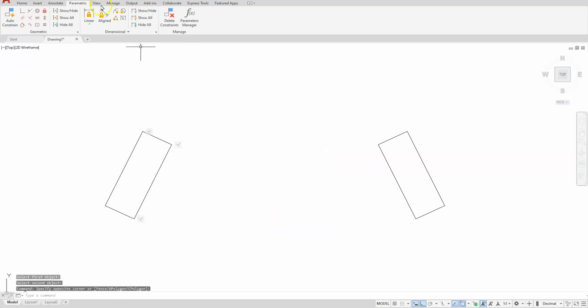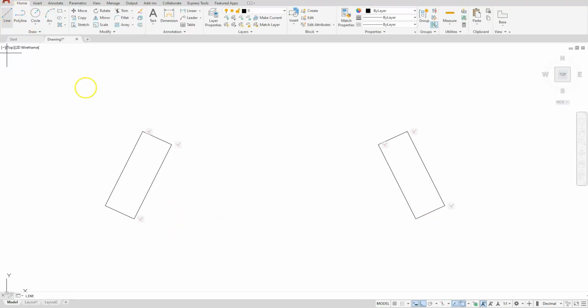Let's go ahead and do the same on the other side. So let's go ahead and apply all our perpendiculars. You could have also done this with parallel lines. I could have made sure that these two lines were parallel and these two were parallel. In this case, I chose to make them perpendicular. Remember, you can hit the enter button if you don't want to go back up to the top and keep selecting perpendicular. Okay, so now that I have these in line with each other, let's go ahead and create a